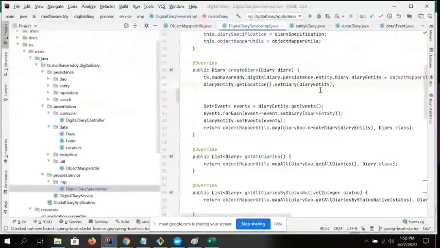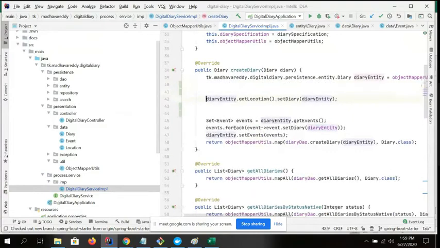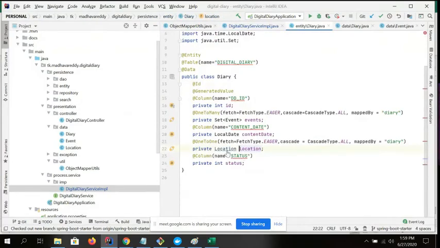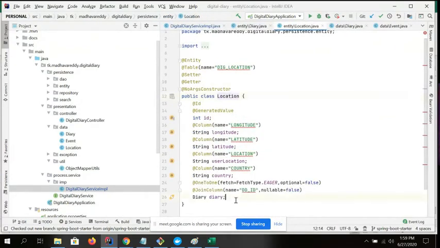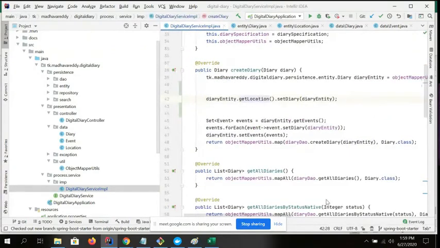I'm passing it as an owner. Here I have this line, the particular line 40, right? I have a doubt here. You are getting a diary entity dot get location. Again, you have set diary as a diary entity. Yeah, here location also, I made it an owner, right? And suppose here only location is there. Some tables will have hundreds of tables.